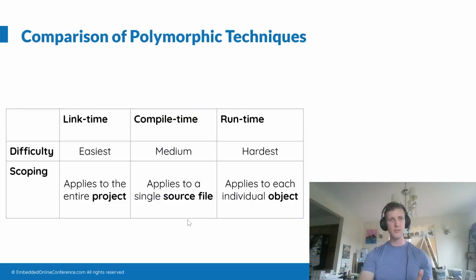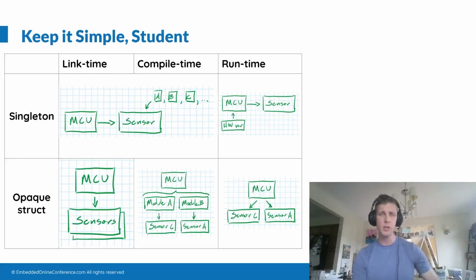So that's a lot, honestly. Let's compare that with our previous polymorphic techniques. You'll realize that implementing runtime polymorphism is definitely the most difficult, the most complicated. But the advantage it gives us is that we can now, in one source file, treat objects of different types the same and have them provide their own implementations. Now, before we leave this topic, the last thing I want to encourage you to do is to keep it simple,